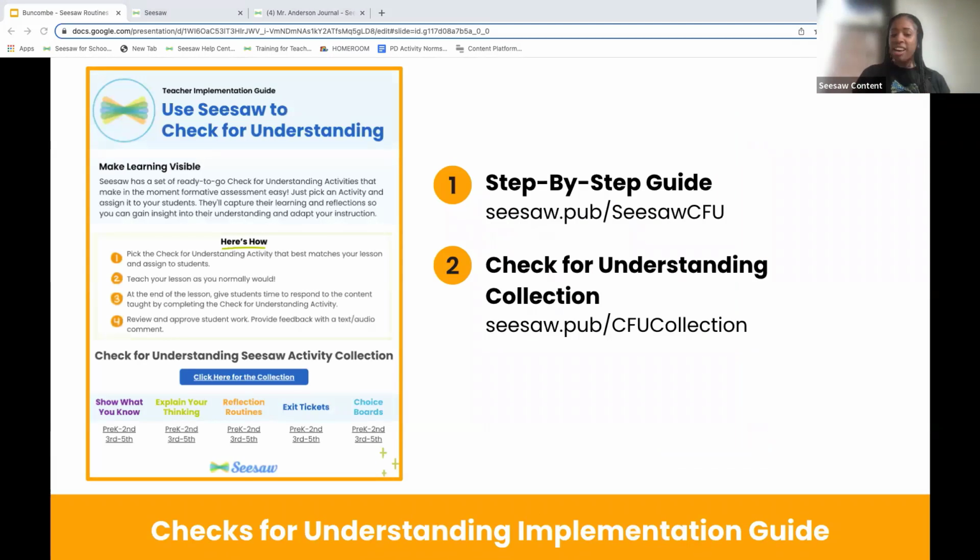We have also created ready to assign check for understanding activities that you can use in any subject. You'll notice that these activities are generic. They can be used across any subject area or within any routine. They include exit tickets, choice boards, reflection routines. I will be dropping in the chat a link to this one pager so that you can explore those different check for understanding